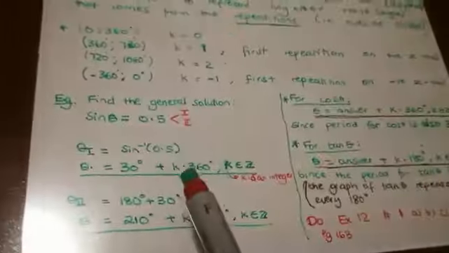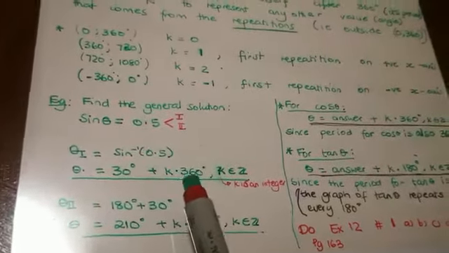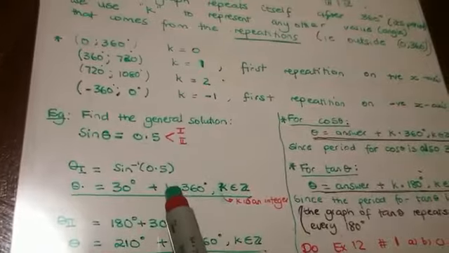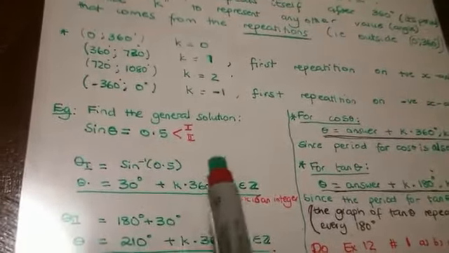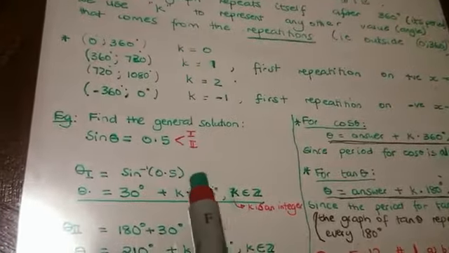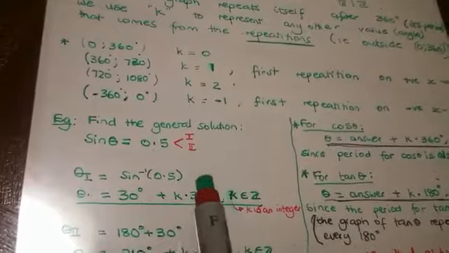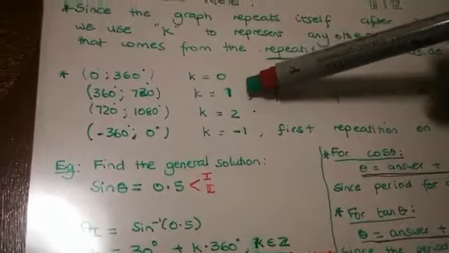Then we are going to write those other answers as k times 360. So this k is just representing the first repetition, second repetition, third repetition. So that means whatever answer that you have will then repeat itself after 360 degrees. So you'll see that I have written here that